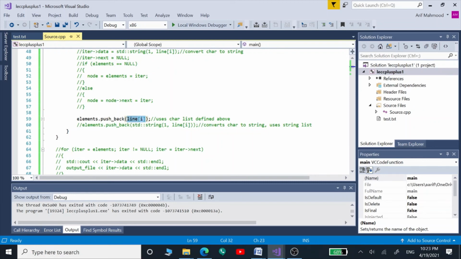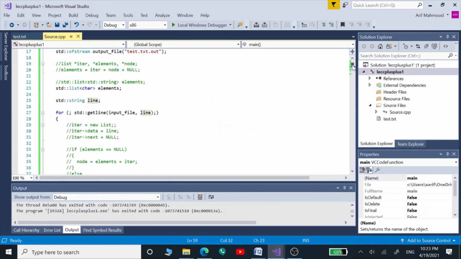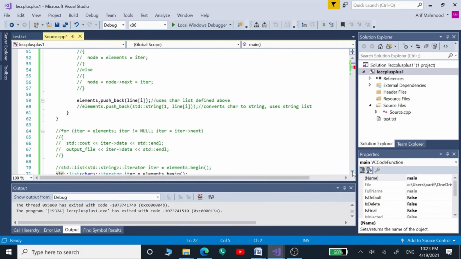So in order to do that, we are going to make a change here because now we again want a string list to store those strings.